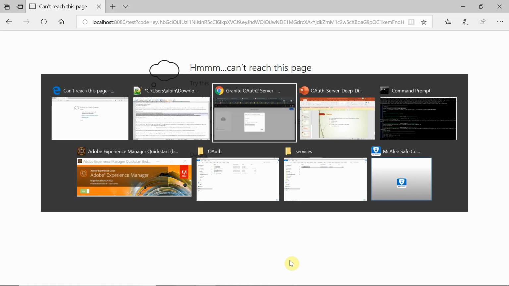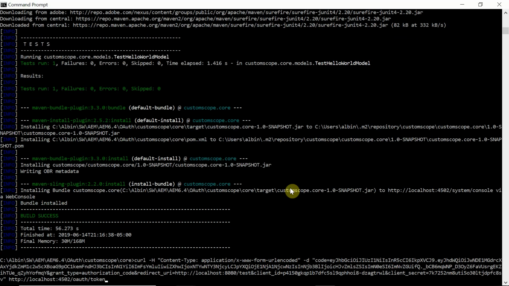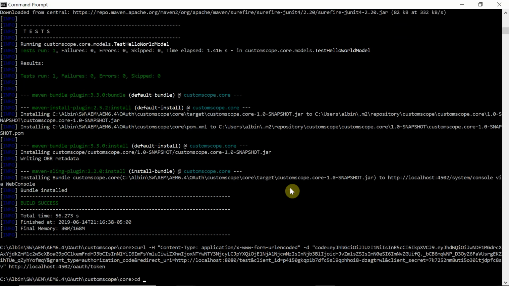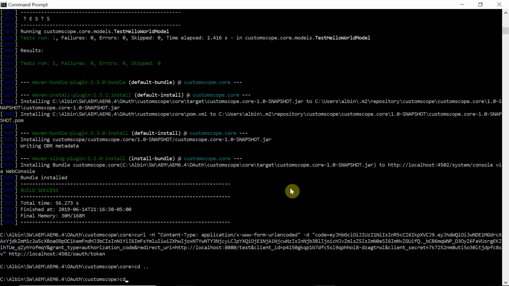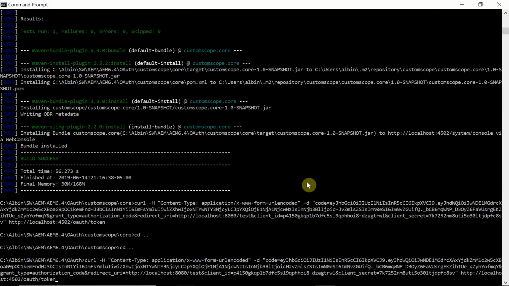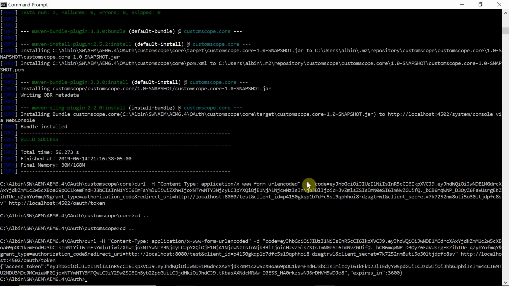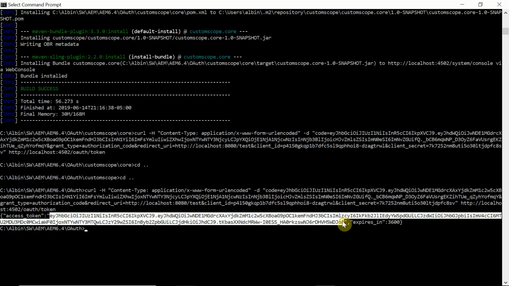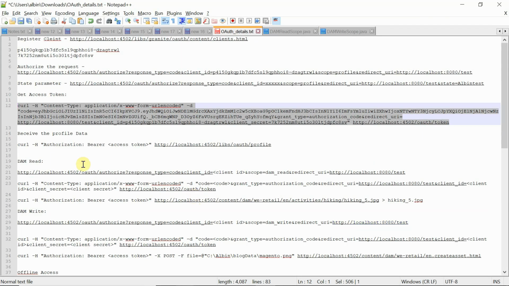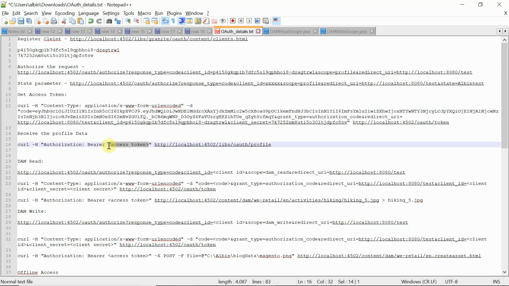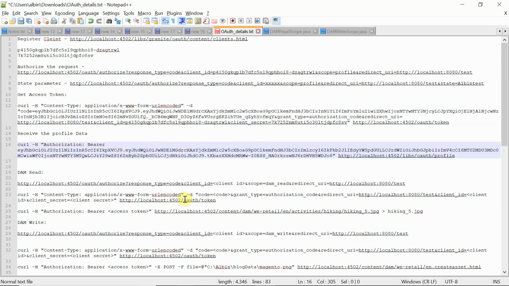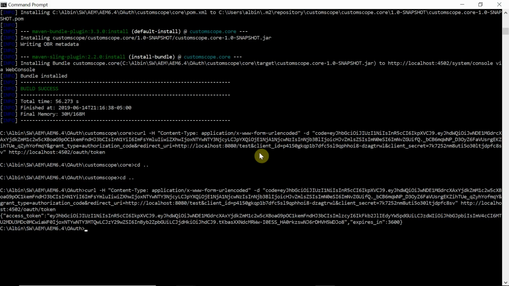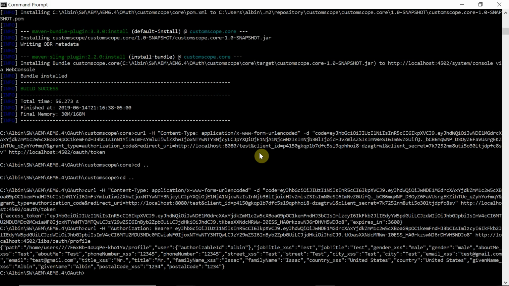This will give the access token. That's fine, anywhere you can execute. Yeah, so now you got the access token. Copy this access token. Now we need to access the protected resource. For that, in the authorization Bearer token we need to pass this access token. Then I am using the OAuth profile data. Just copy that, go and execute this. Yes, I got the profile data.